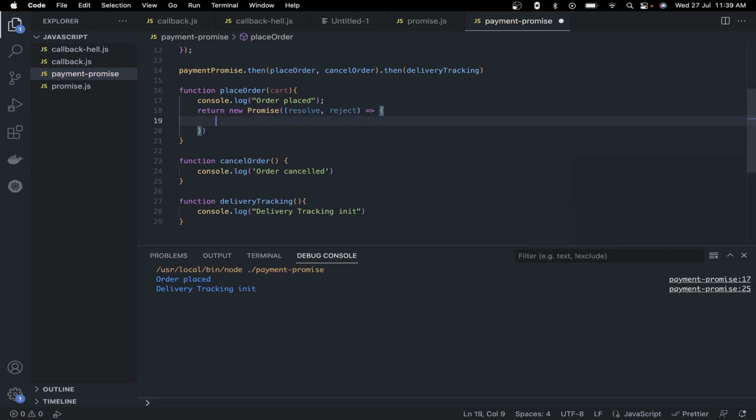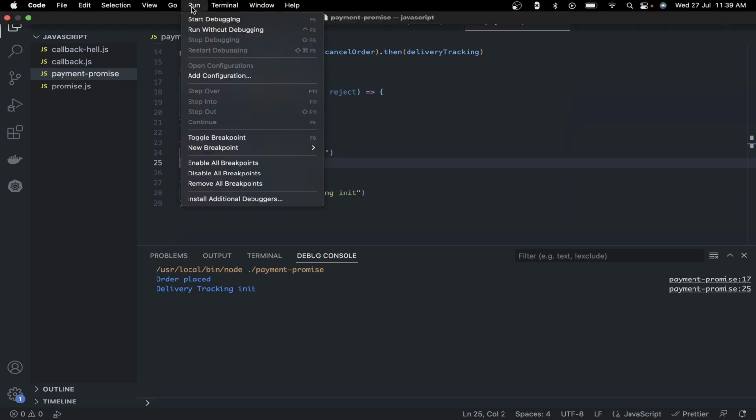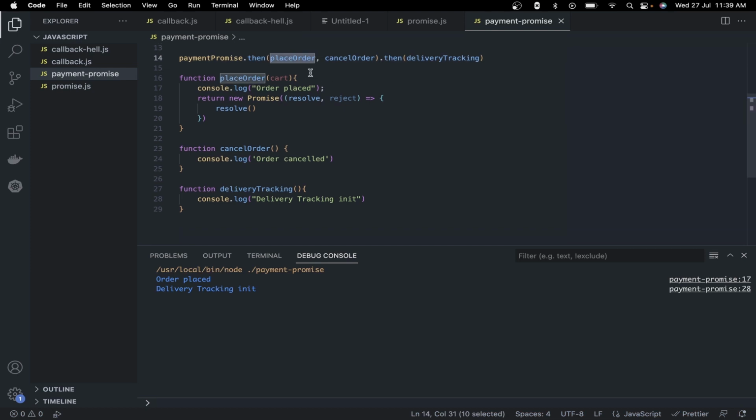Here I'm going to resolve. So my order was placed successfully. So here I can pass in order details as well. So now if I run this, what do you think should be the output? It would be the same, because after my place order returns a resolved promise, it then goes on to delivery